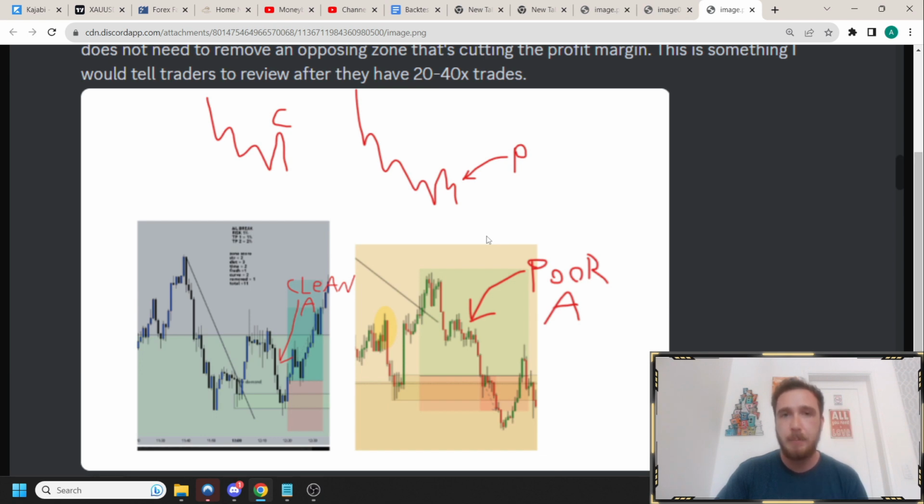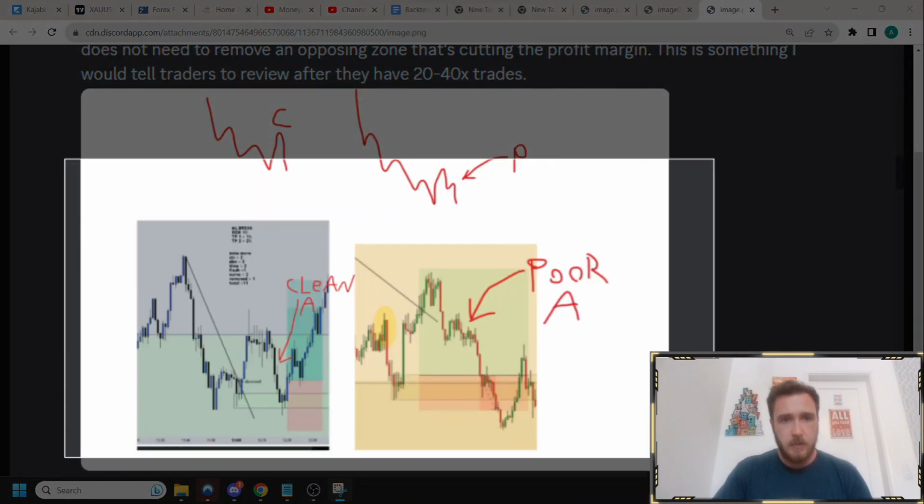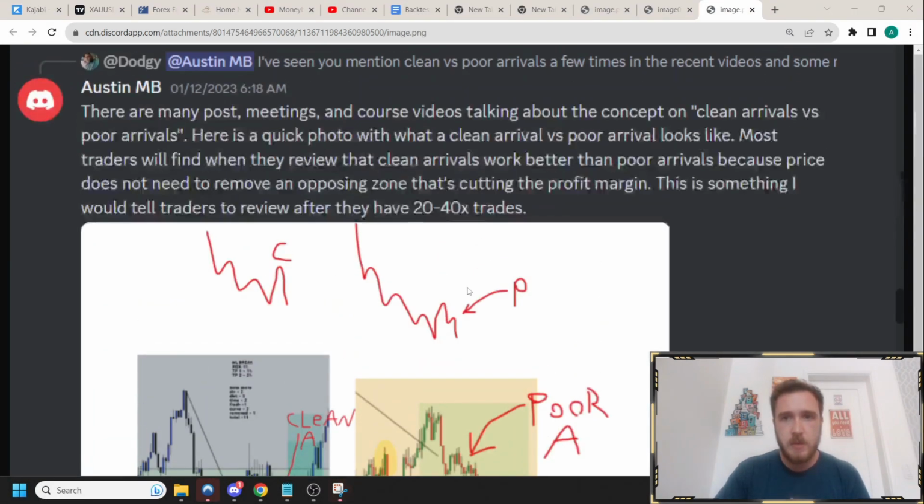Is it cutting my profit margin, or does it have a nice clean arrival with prices coming straight into it? So here, I'm going to actually draw on this photo. This is going really well right now. So I set up here a quick photo with a clean arrival versus poor arrival. It looks like most traders will find when they review that clean arrivals work better than poor arrivals because price